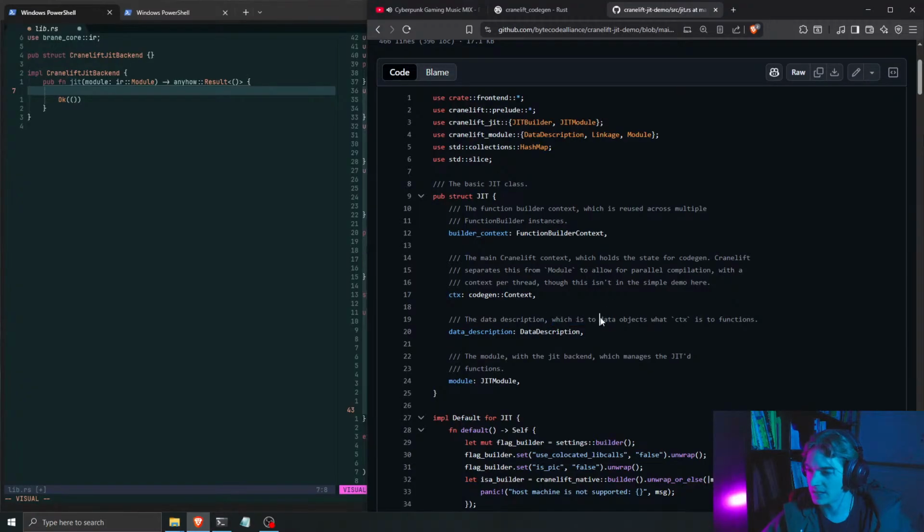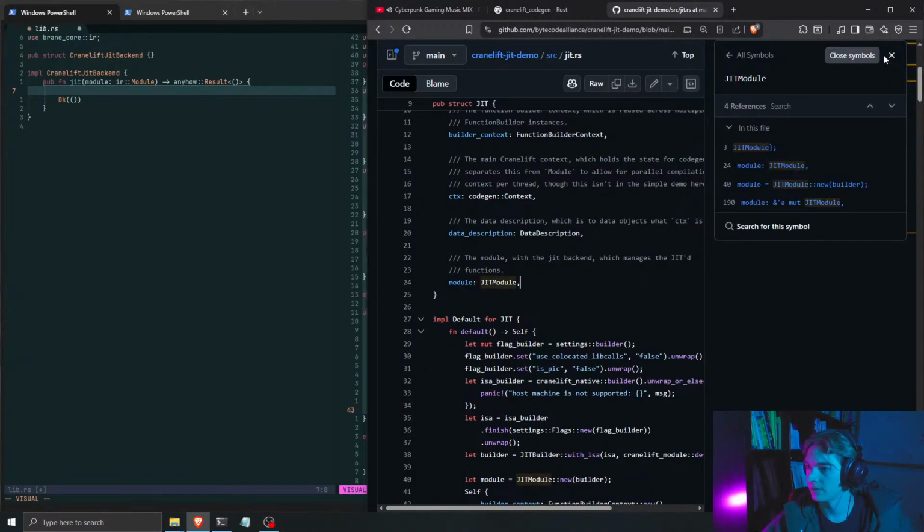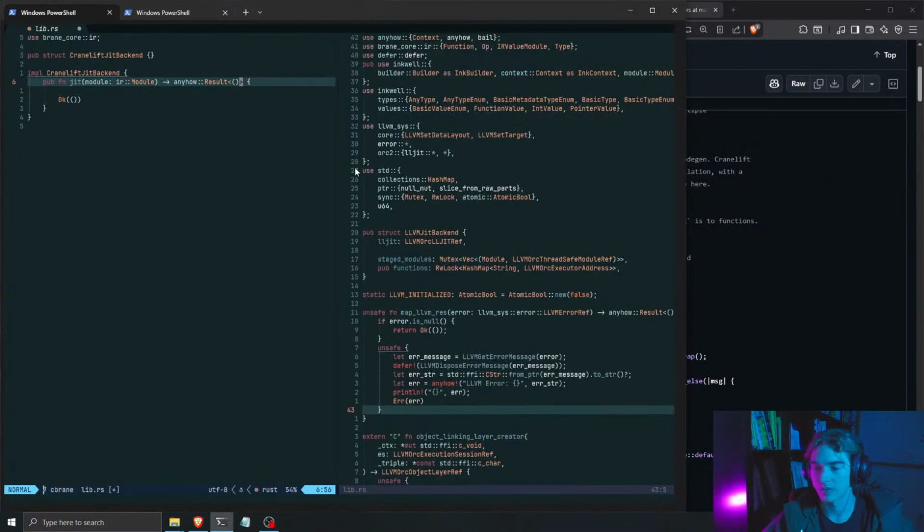Which is to data objects what context is to functions. This module is obviously like our output JIT module. So we want to do